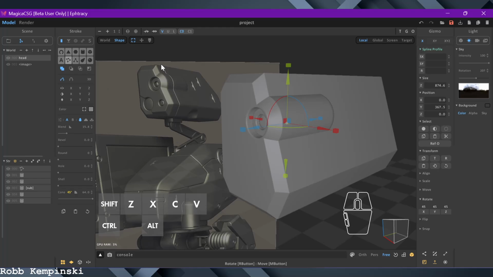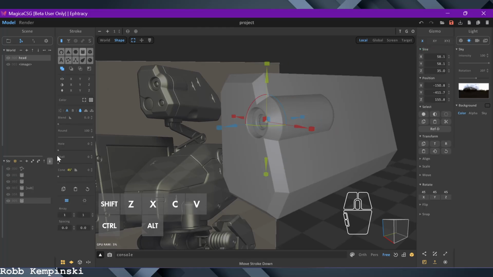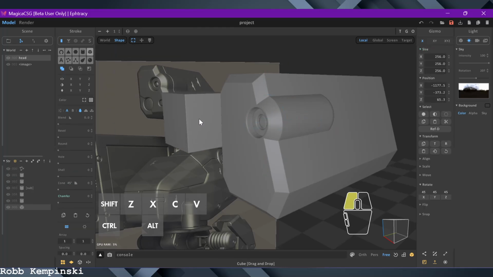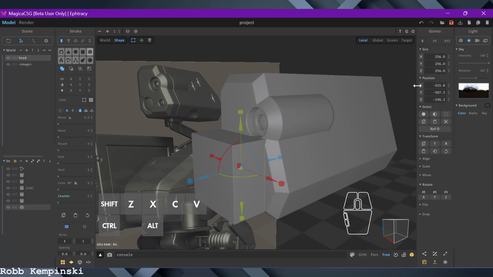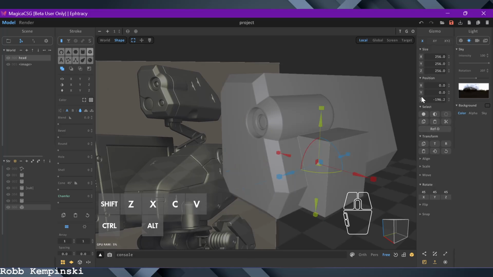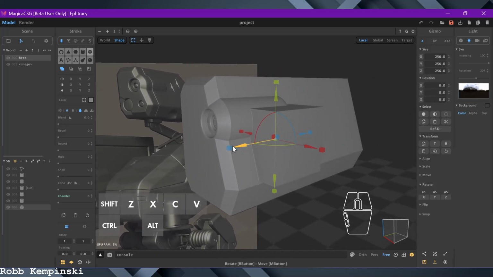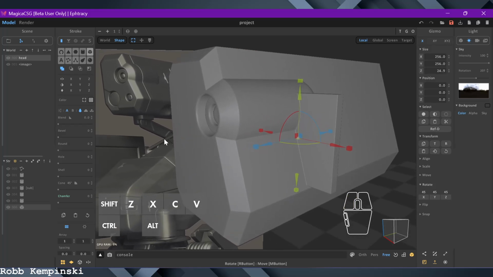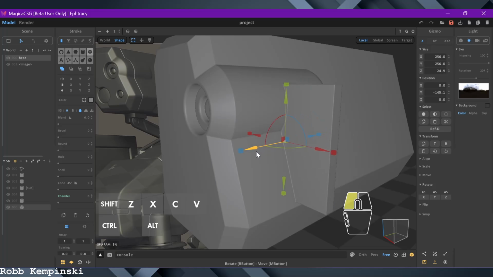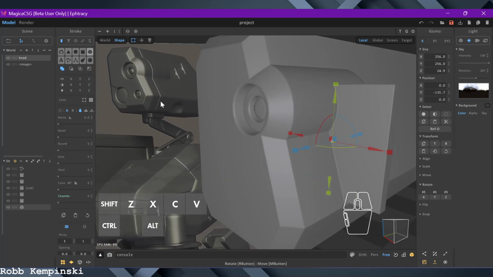Let's quickly do this line. I will just drag a box out. X, Y, Z, center everything. So to make a line like this, panel line,